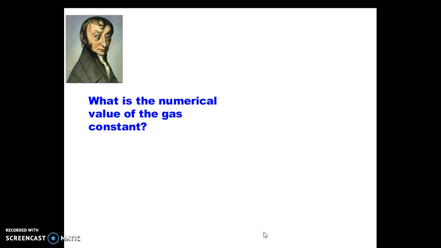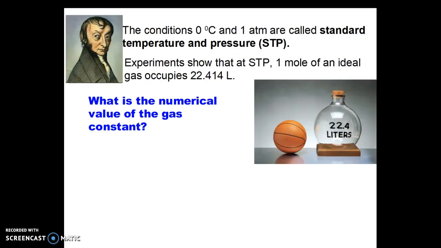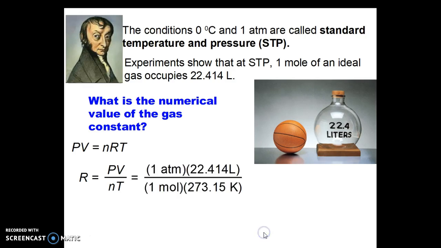Now, what is the numerical value of the gas law constant? Well, we know that the conditions of 0 degrees and 1 atmosphere are called standard temperature and pressure, or standard conditions. Experiment shows that at STP, 1 mole of an ideal gas occupies 22.414 liters. If we plug these numbers into the PV = nRT equation and solve for R, it's PV over nT. If we plug the 1 atmosphere, 22.414 liters, 1 mole, and 273.15 K into the equation,